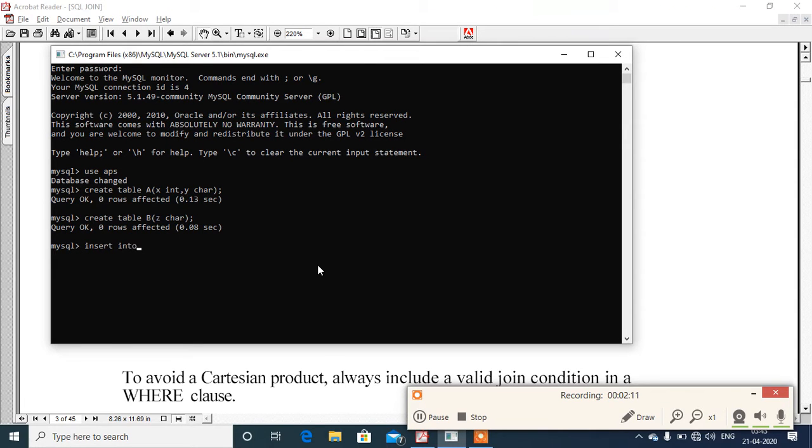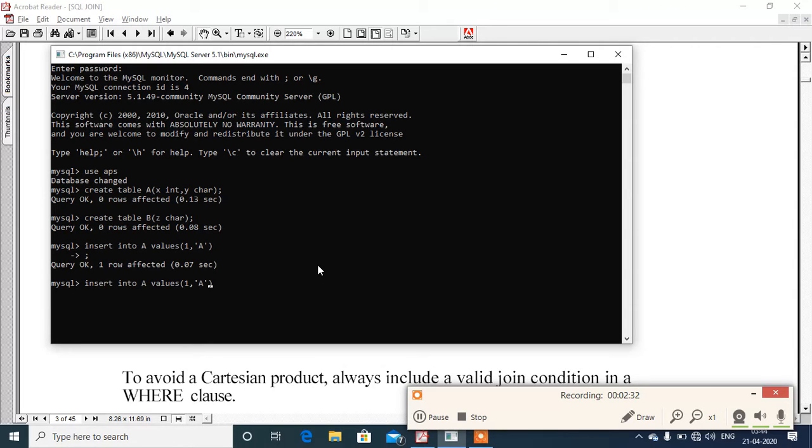Insert into A values, in brackets, first value with respect to X: 1, because it is integer type, we do not need to include single quotation marks. Then 'A', semicolon.